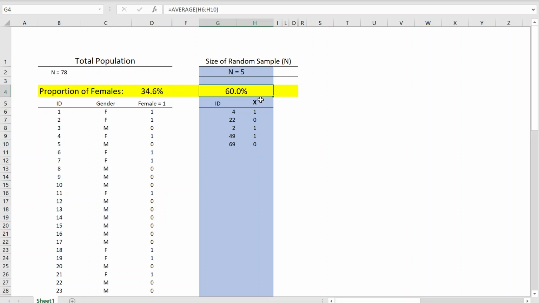I'm going to hit F9 a few times. In this draw, everyone was a male, so 0% females. This one 20% females, 20%, 40%, 60%, 20%. As we continue taking samples, we see there's a lot of variation here. So let's up the sample size